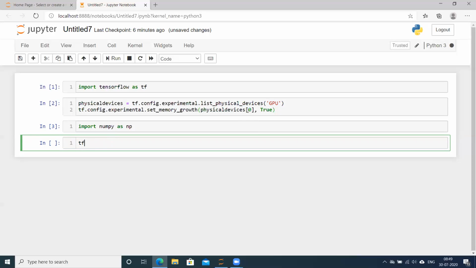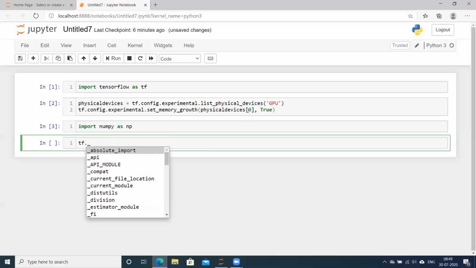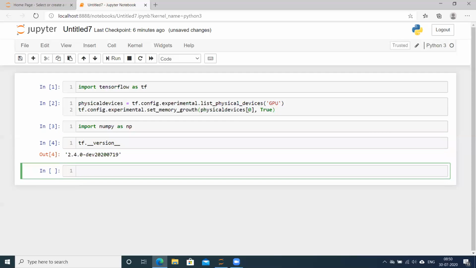It's not doing the autocomplete here. Okay, great. Now we can see this is a TensorFlow 2 version, right?